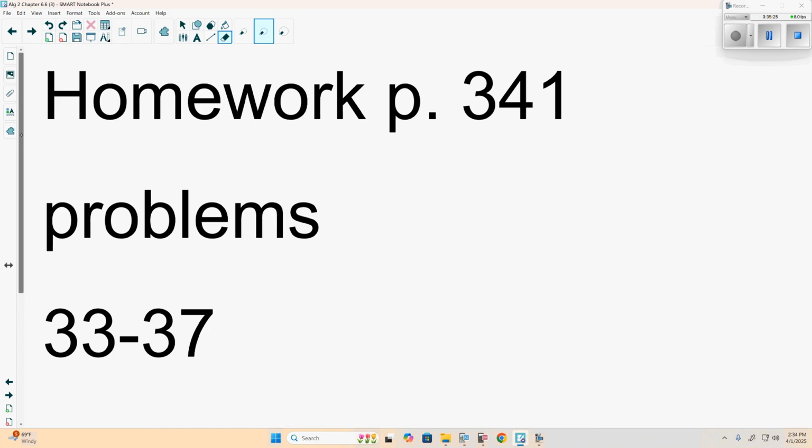33 through 37. 2 of them are going to be the natural logs. 33 and 34, you'll get an exact number answer. 35, 36, we're going to have to use the quadratic formula. And I will tell you this here, 37, you will get 2 solutions. Both of them will work. What part is the quadratic? So the quadratic equation,